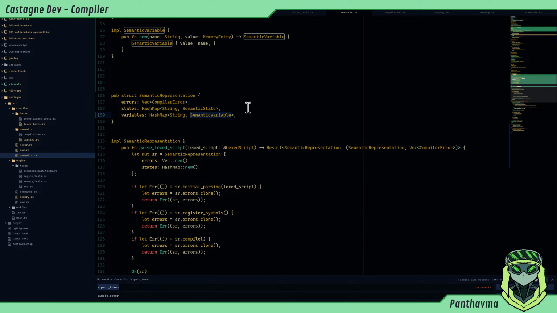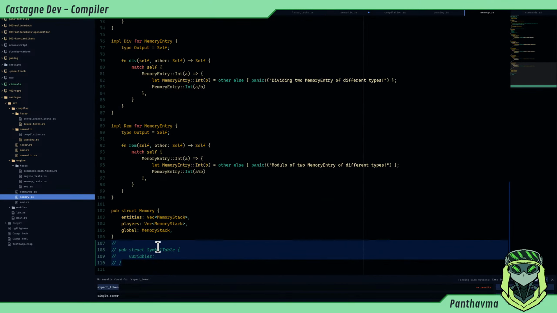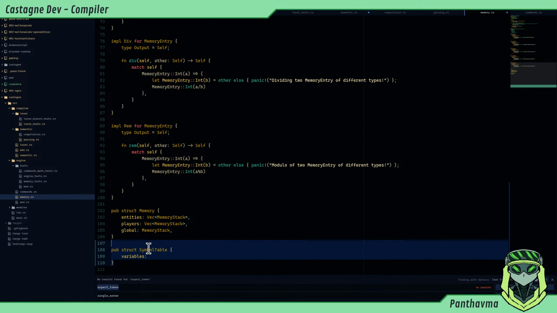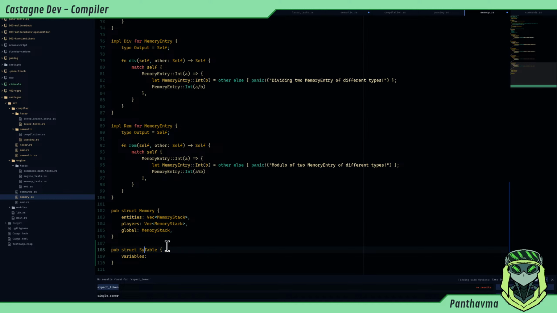In fact, no, it's just gonna be the symbol table in general, and we're gonna finally get that symbol table. Maybe the symbol table is not the correct thing, because we only do that for memory. So memory table, and we're gonna